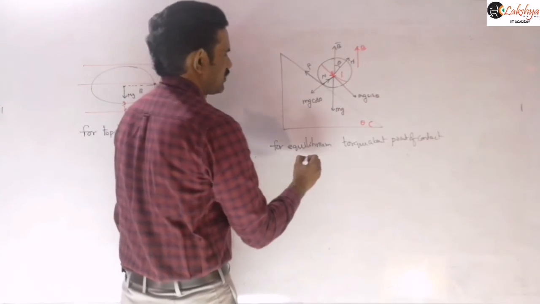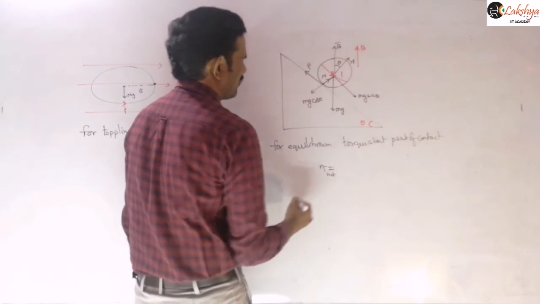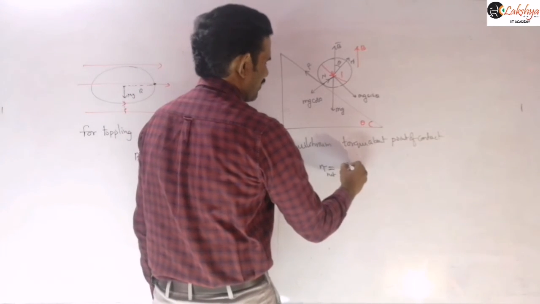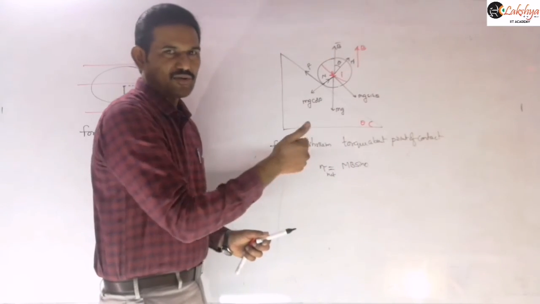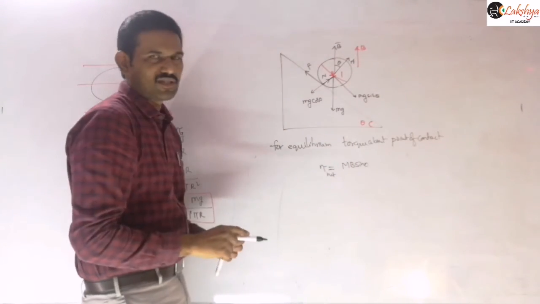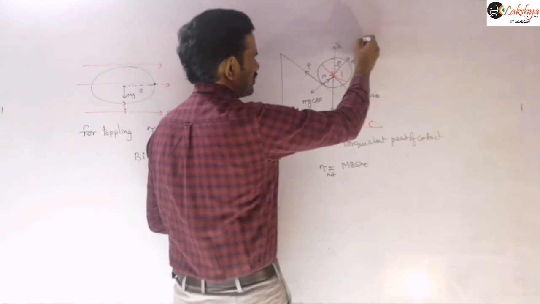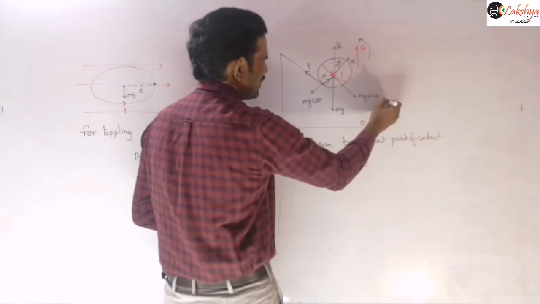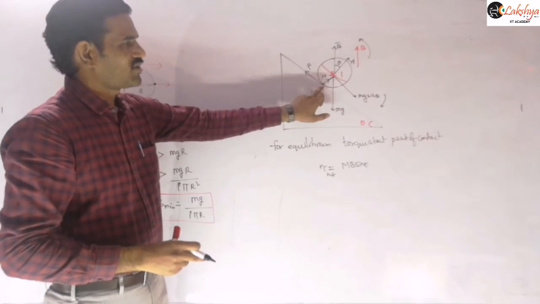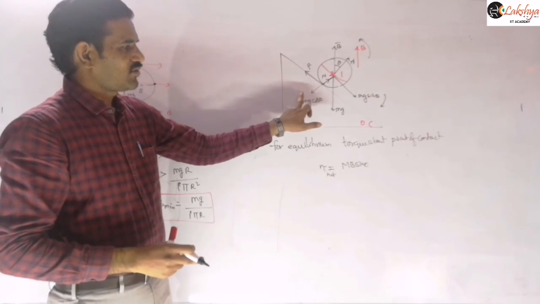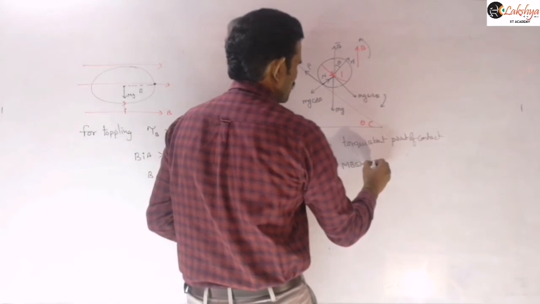So torque about this point of contact means that the net torque should be equal to 0. Equilibrium means that we can write mB sin theta. This is the torque due to m bar cross B bar, and the angle between them is theta. So that is the magnetic torque, and it will be in this direction here. And now the mg sin theta will be along this direction, giving a torque. The torques due to mg cos theta, friction and normal reaction about this point of contact are 0, so only this will produce the torque here.